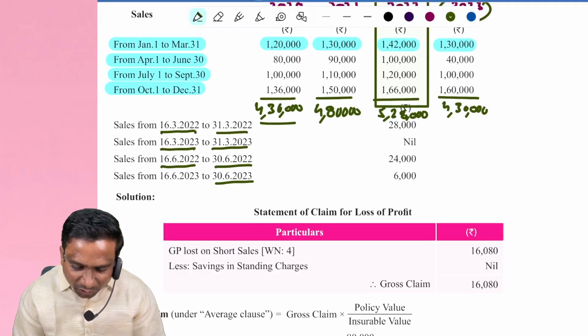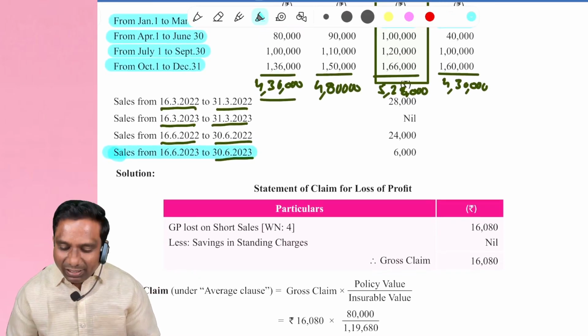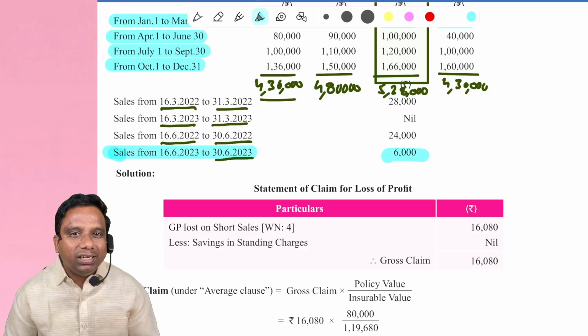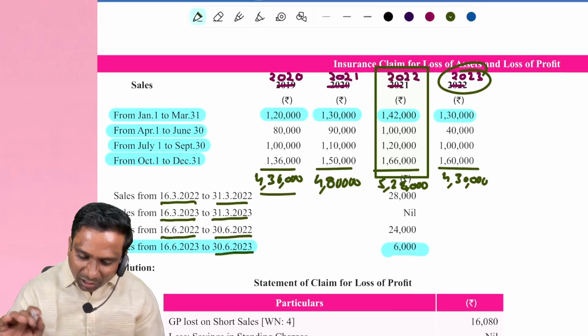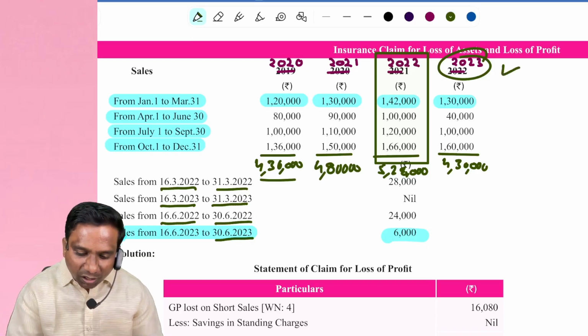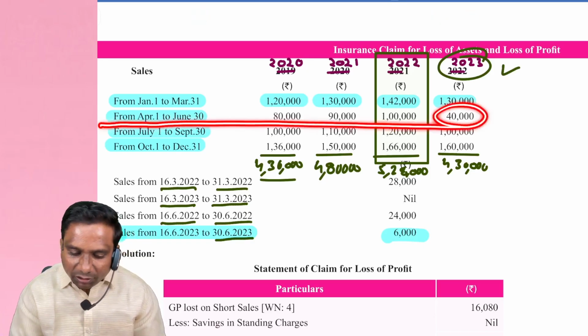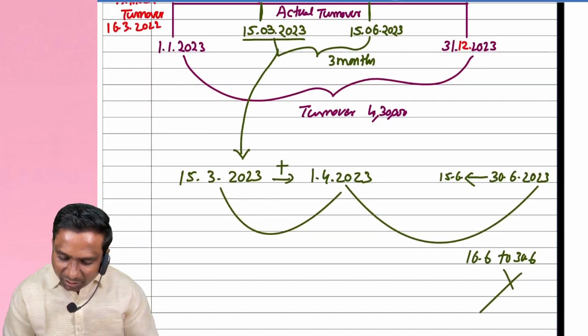How much, sir? 16/6/2023 to 30/6/2023, how much sales do I have? 6,000. Let me calculate. 2023 is the current year. And what is the sales from April 1st to June 30th? 40,000. So here I am taking